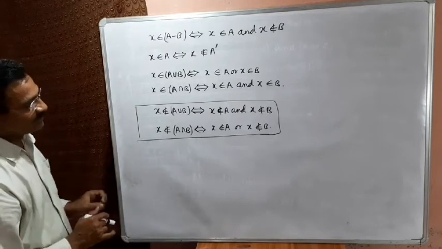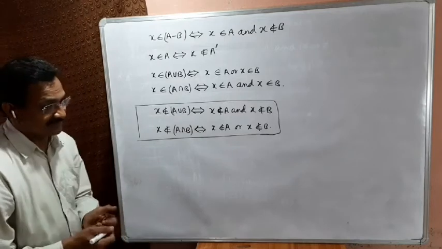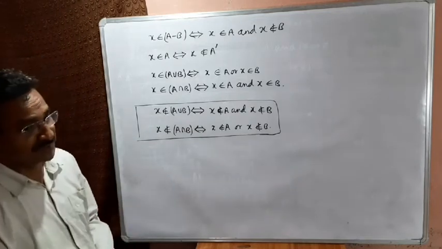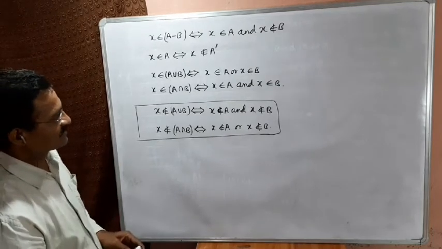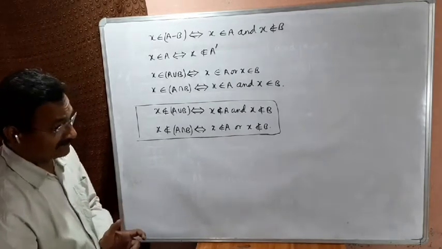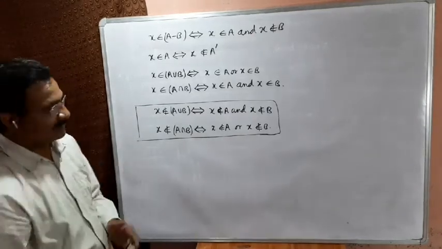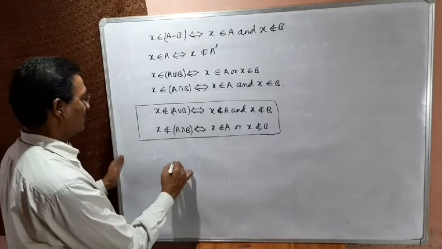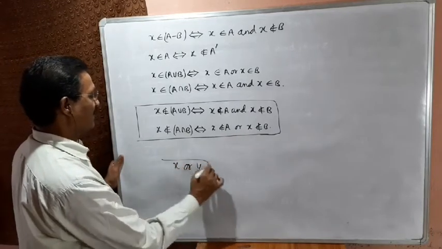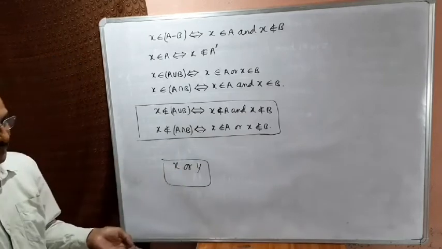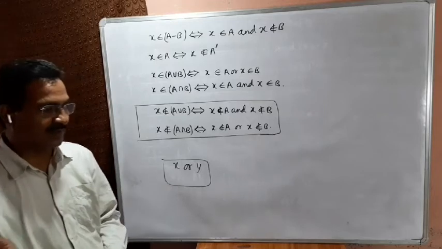Actually, I am not doing something different, but there may be some confusion in your brain. So just try to understand what I am telling. For example, let us consider I have a work which can be performed if x or y happens. It means either x happens or y happens, then our work will be performed, our work will be done.